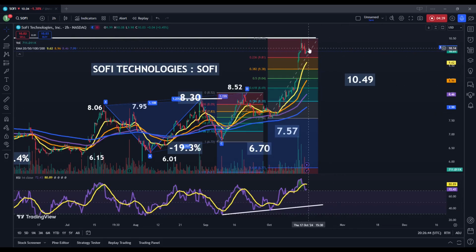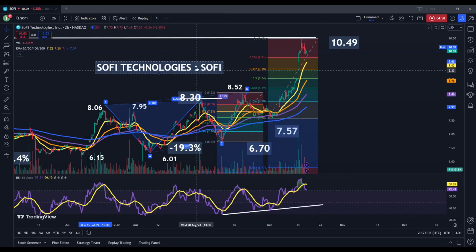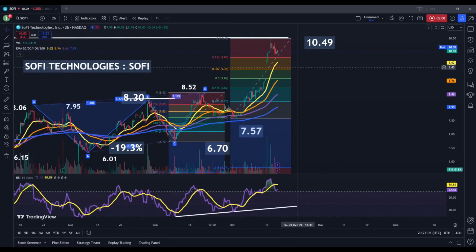I think this 10.49 area probably was a good area to start to take profits for people that are trading from a shorter term or a medium term perspective. We are moving right into that resistance level, and the indicator rating was above 90, which would be considered to be an extreme level. So as far as potential downside price movements, what I would be looking at here for potential support zone to the downside would be something around